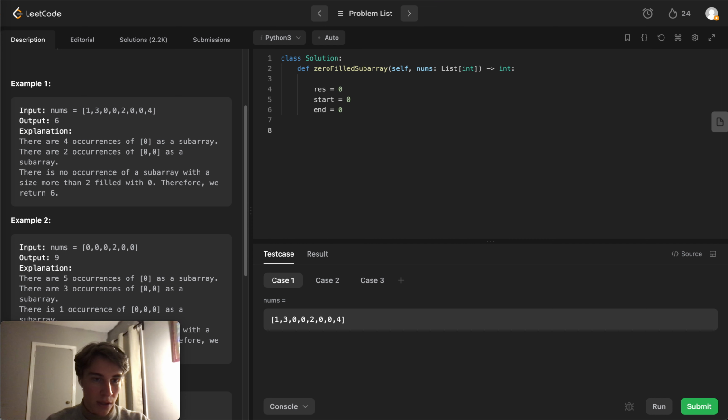And now let's simply iterate through all the numbers in the array. So for i in range len nums, we're going to say if n is